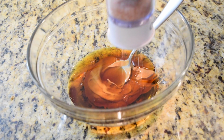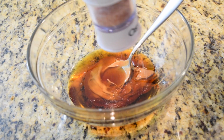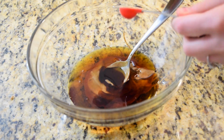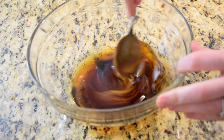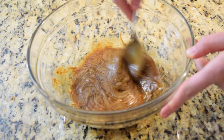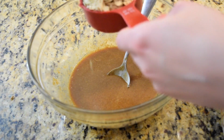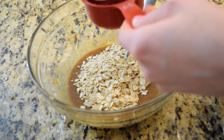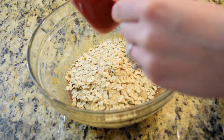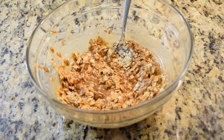I added a generous amount of salt, maybe a quarter teaspoon, and then also 2 teaspoons of vanilla extract. You could also add cinnamon to this or really any kind of mix-in that you would like. I stirred it all together until it was well combined, and I added 1 cup's worth of rolled oats and then 1 cup worth of quick oats that are a little bit smaller for oatmeal, and that's all I had